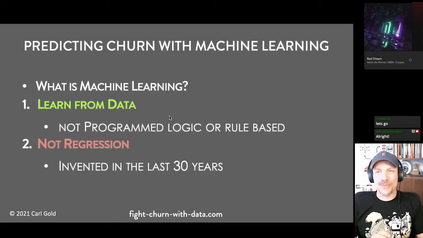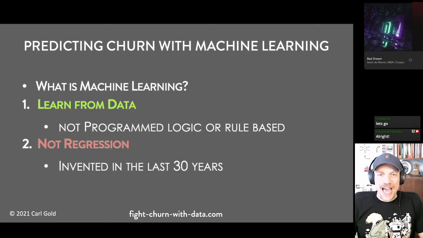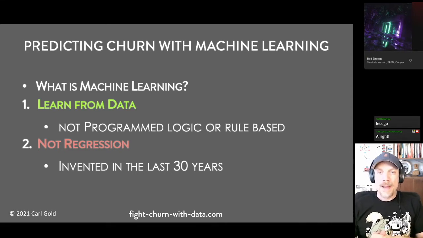All right, so predicting churn with machine learning. What is machine learning? Many people not familiar with this subject may ask that. Machine learning is an algorithm which makes a prediction by learning from data. So you make predictions about who's going to churn by learning from the data and not by applying logic or rules that you program. Because one way you could predict churn would be to predict that everyone with fewer than 20 posts per month is going to churn, and you could just come up with that rule and write it down, and that could be your prediction. But that's not learning because you made it up yourself. An algorithm should learn it from the data for you, for it to be machine learning.